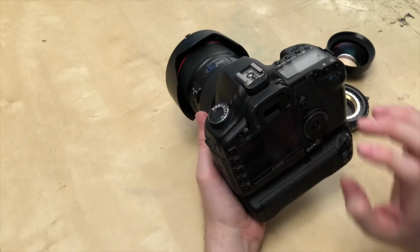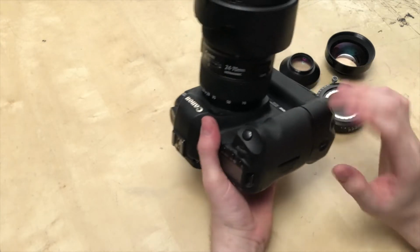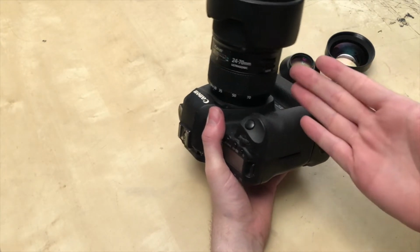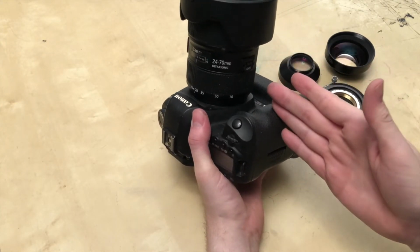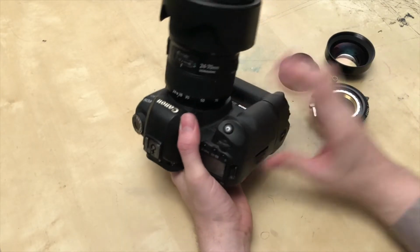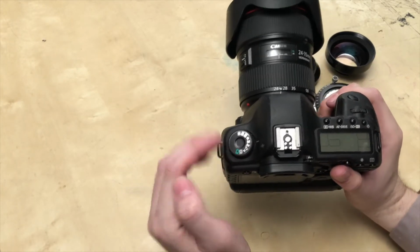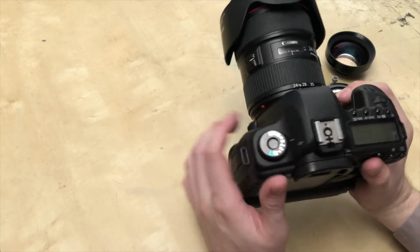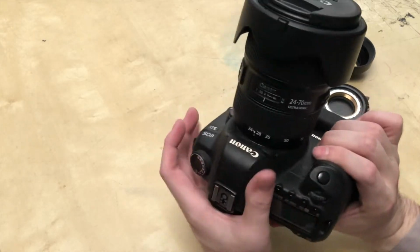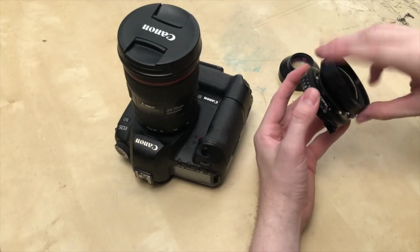This camera, you focus by looking through the viewfinder. The only way that can work is if you don't have a shutter inside the lens. If you have a shutter in the lens, the shutter would have to be open in order for you to see through the lens, like it is with these guys. So since this has a film plane shutter, you can look through the lens and focus the image. That's one of the downfalls of a lens like this